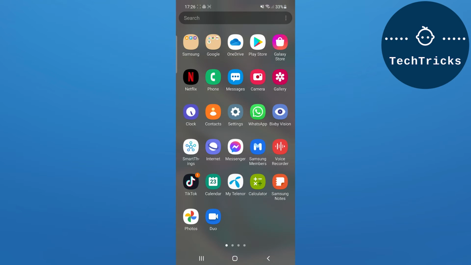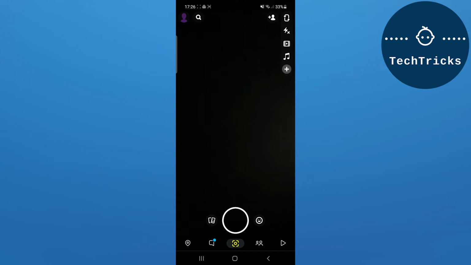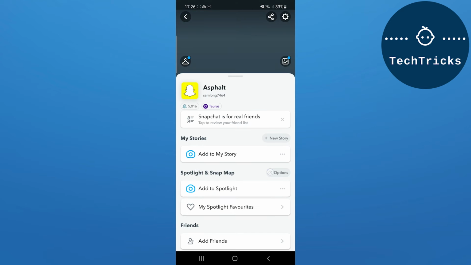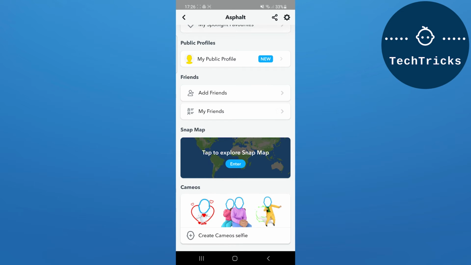First of all, open the Snapchat app on your mobile. As you open the Snapchat app on your mobile, you have to go to the profile option that is located up above. As you go to the profile option, you have to scroll down and go under the name of My